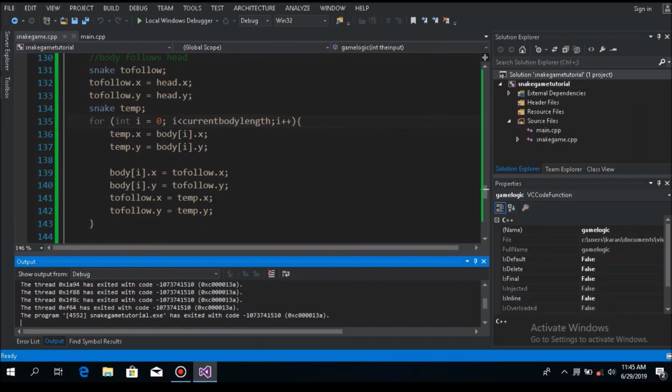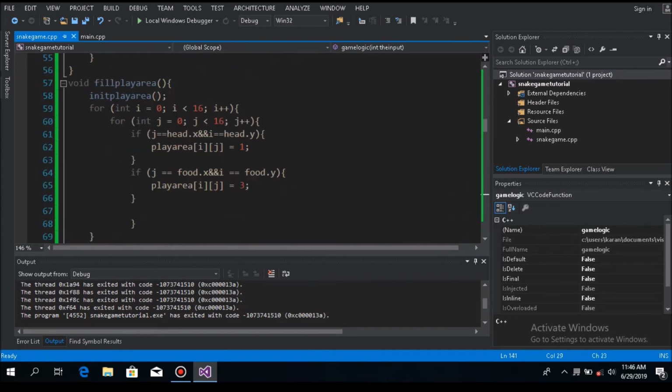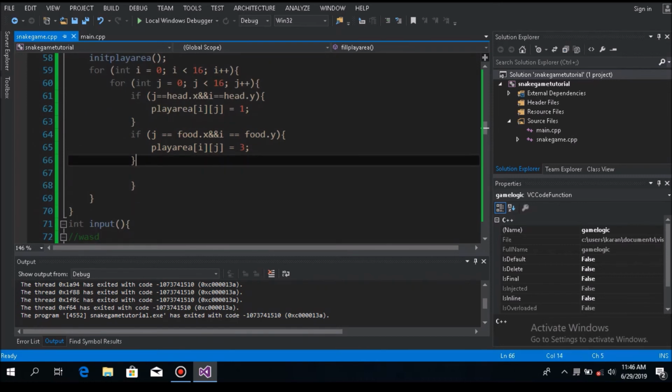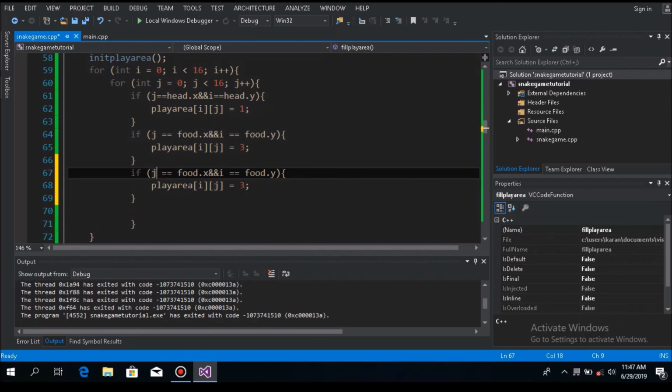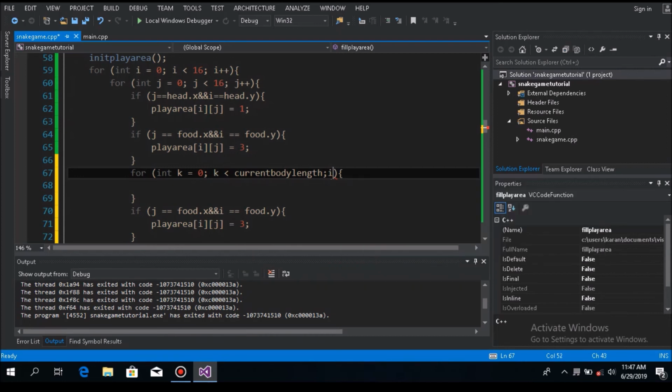Cool. We still don't have a body though. We forgot to draw the body. So where's that fill play area? Fill play area. See, we didn't draw the body. Now, for each of these things, we need another loop, because body is more than one. So int k is equals to 0, k smaller than current body length, k plus plus. And then what we can do is